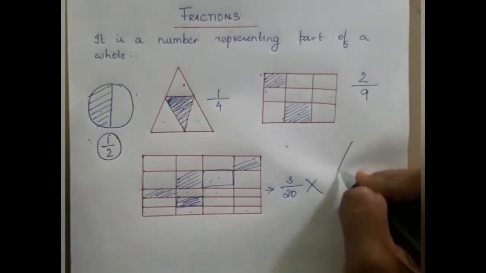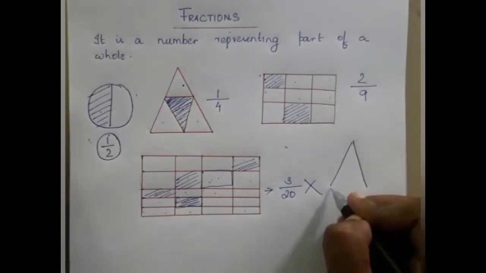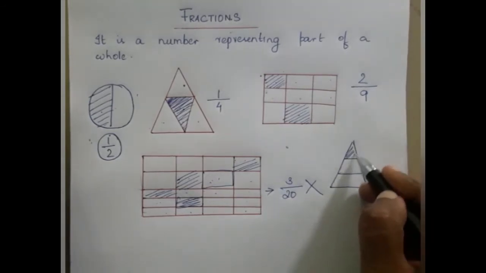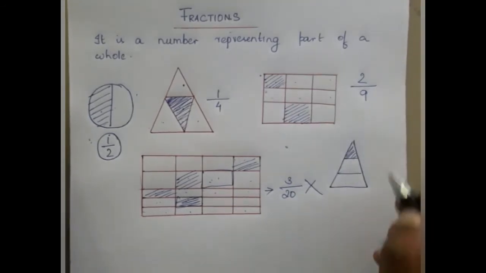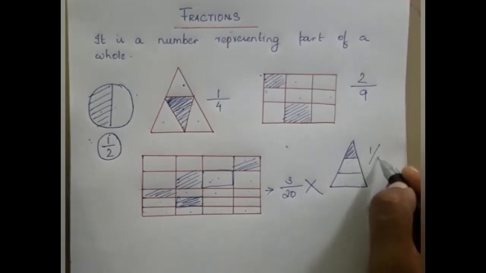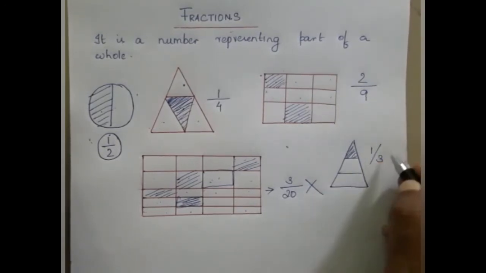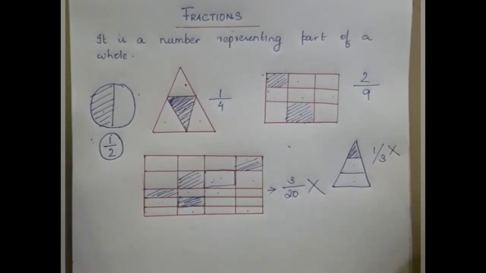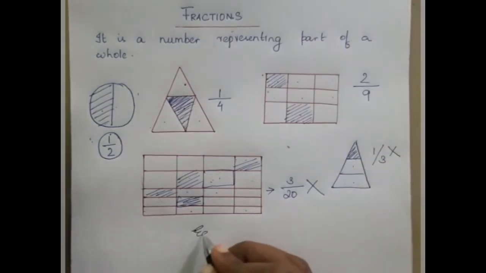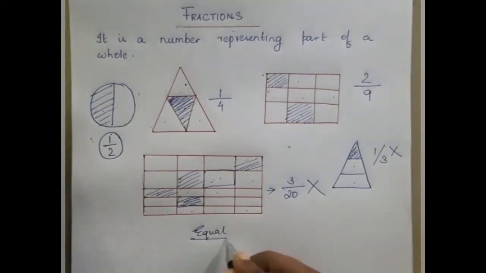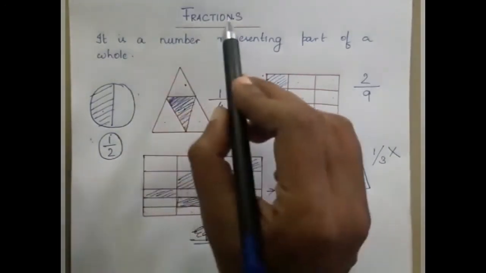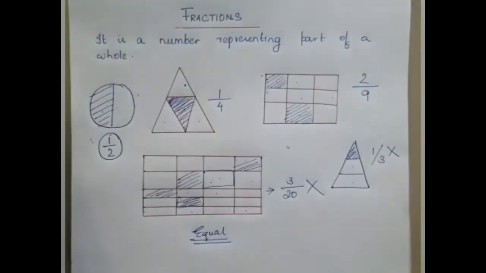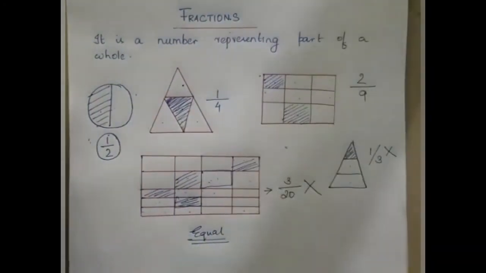For example, another example I will show you. This is a triangle and you are dividing this triangle into 3 parts and shading it, and if I am asking you to write the fraction, you are writing that is 1/3, 1 part of 3. This is wrong because this triangle is not divided equally. Okay, so first thing is you have to divide it equally. So a fraction is a number representing part of a whole. ഒരു ഹോൾ ആയിട്ട് സാധനത്തിൻ്റെ പാർട്ടിനെയാണ് നമ്മൾ ഫ്രാക്ഷൻ എന്ന് പറയുന്നത്.